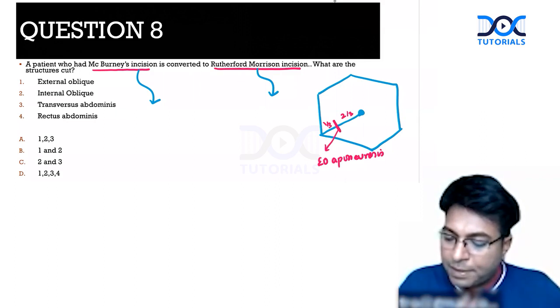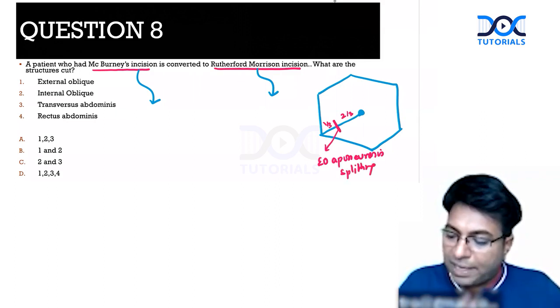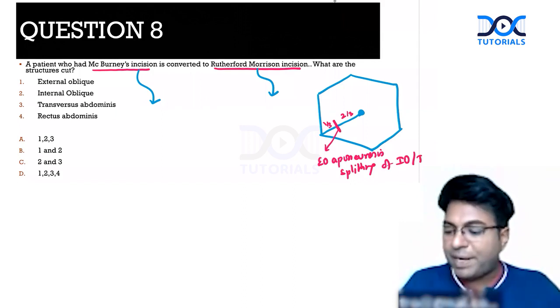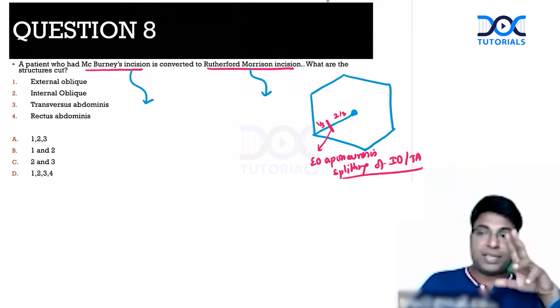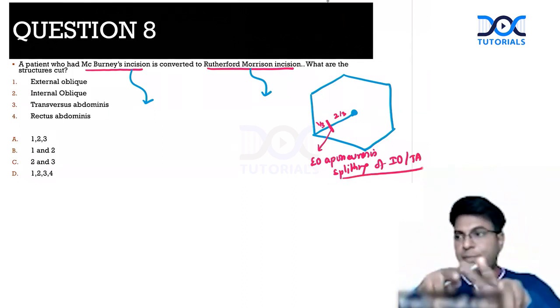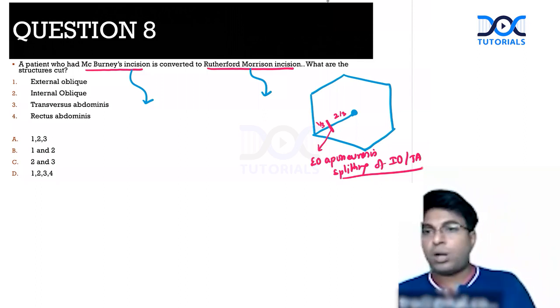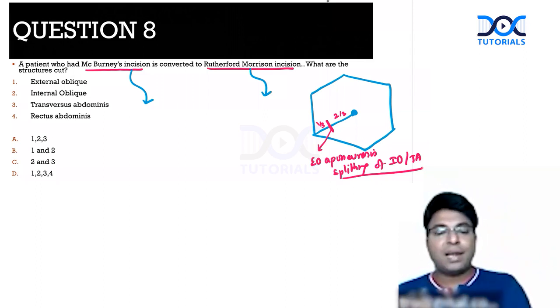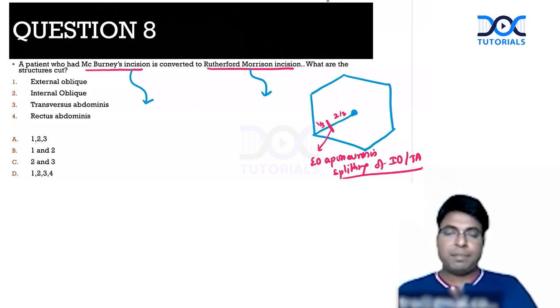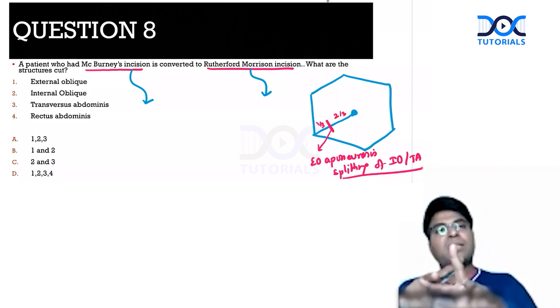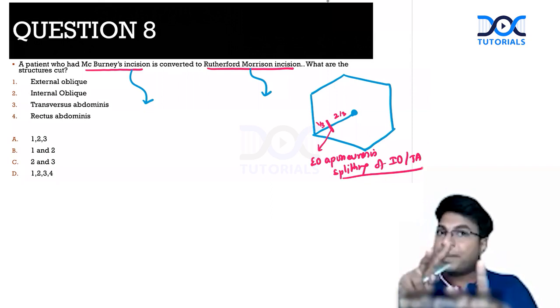After the aponeurosis is opened, I will do splitting of the muscle. Very good. Splitting of internal oblique and transverse abdominis muscle will be done by me now. With the help of 2 long artery forceps, I will be splitting the muscles. I will not cut the muscle at all. This is the regularly done McBurney's incision. That is the reason in appendicectomy scar, we don't get hernias. Because that is only a muscle splitting incision and the muscles get approximated and there won't be a weakness for